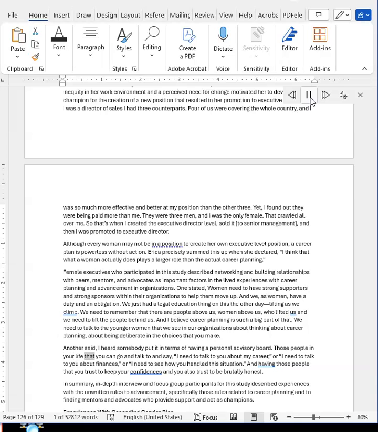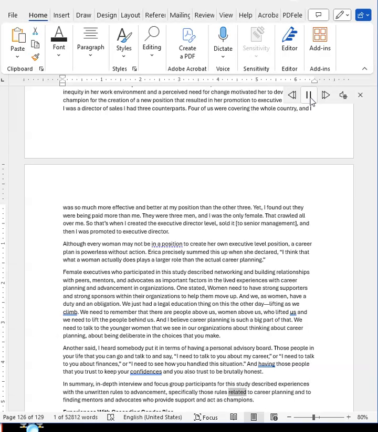Those people in your life that you can go and talk to and say, 'I need to talk to you about my career,' or 'I need to talk to you about finances,' or 'I need to see how you handled this situation.' And having those people that you trust to keep your confidences and you also trust to be brutally honest. In summary, in-depth interview and focus group participants for the study described experiences with the unwritten rules to advancement,